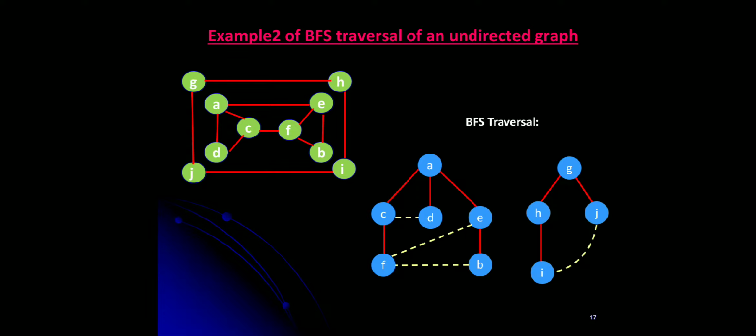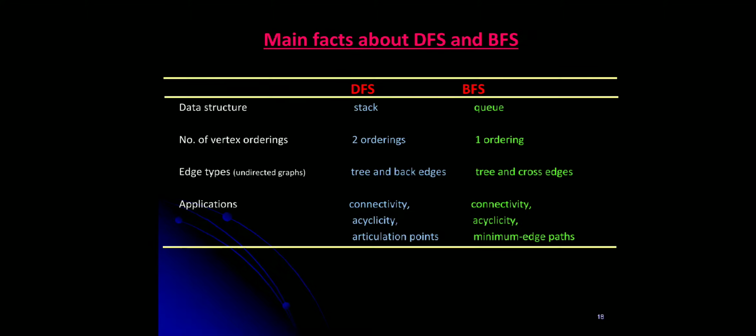It is G, which is the parent, and I is another vertex which is already visited, but since we have not shown the edge in the BFS traversal, we are connecting it through a cross edge. So this is the BFS traversal you are going to get for this undirected graph. Now coming to the few differences between DFS and BFS traversal. With respect to these constraints, we'll see the differences.